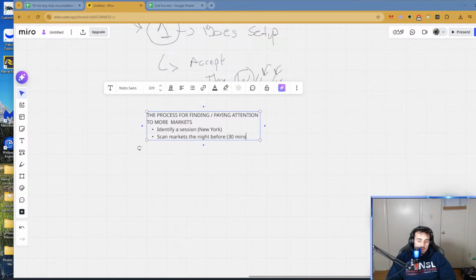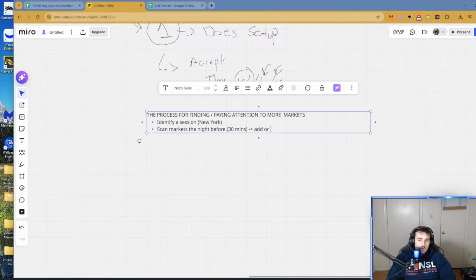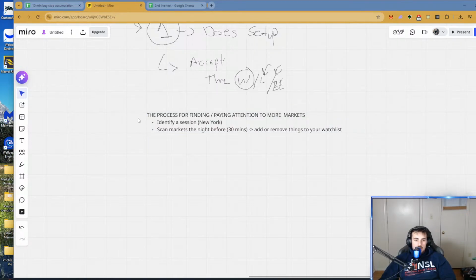Realistically, this could take 30 minutes. So every night before the next trading day, you will scan the markets the night before for about 20 to 30 minutes. And then the goal of this process is to add or remove things to your watch list. So just with these two action items right here, you're already ahead of a lot of people that, one, are